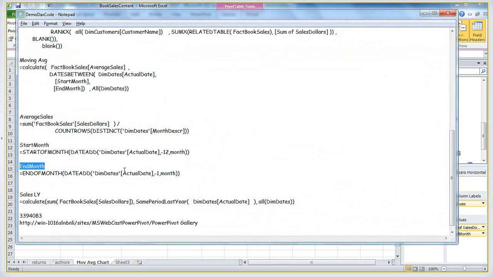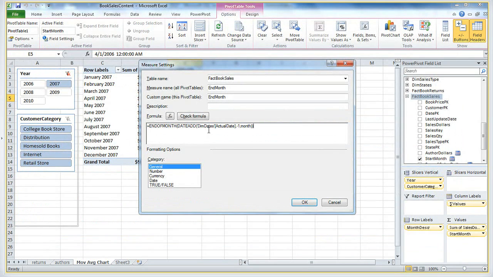That's going to be whatever the current month is, subtracting 1 month from it using DATEADD to subtract 1 month, and get the last day of that month. So if I copy this and paste it in,